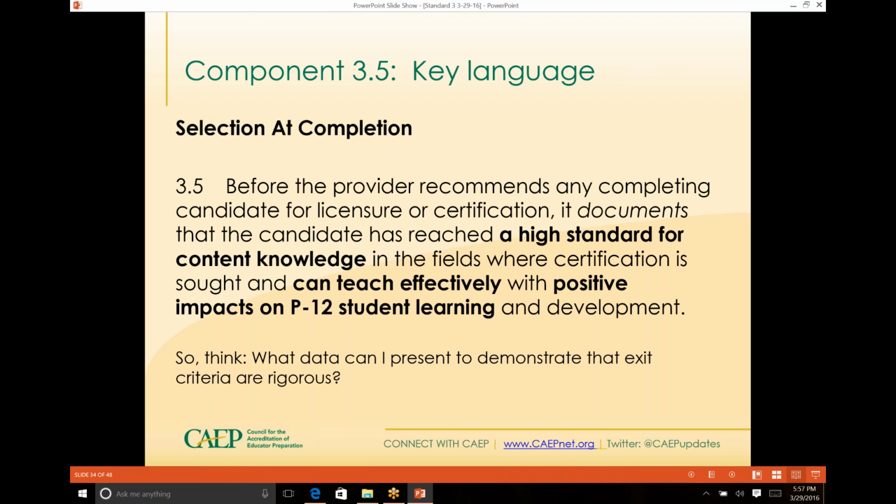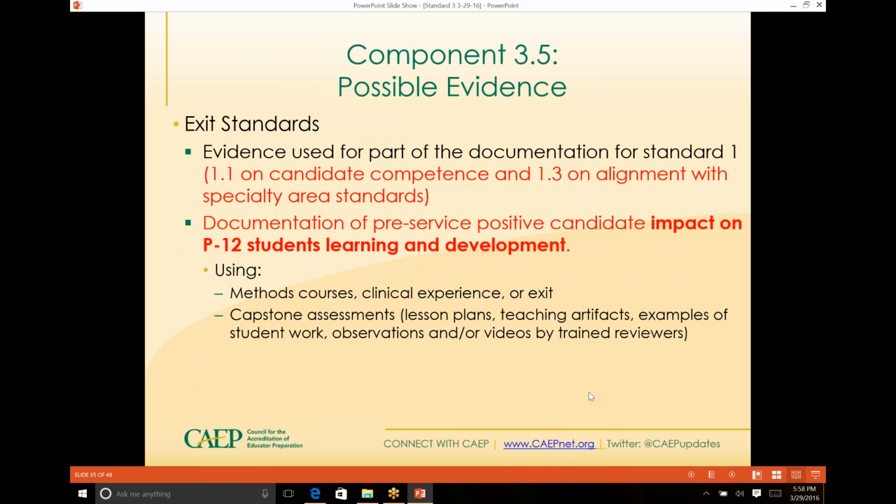This is the selection at completion component. What you're going to want to do is provide data that you can demonstrate that your exit criteria are rigorous. Okay, they have a high standard for content knowledge, can teach effectively, and have positive impacts on P12 student learning. I think I mentioned earlier that this would be the component that would talk the most about impact on P12